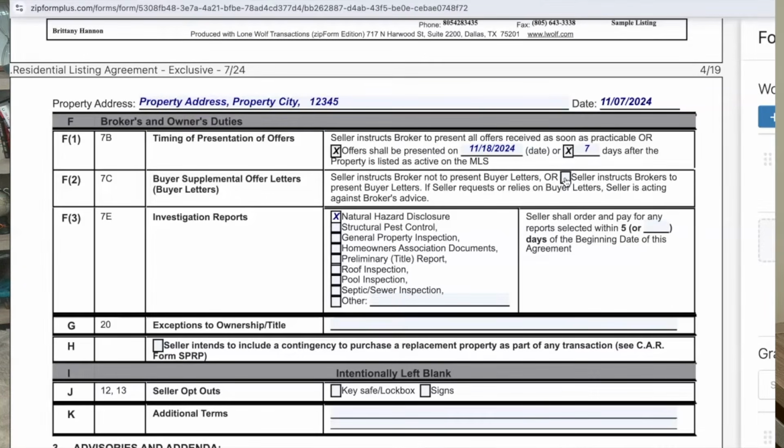Investigation report. So this natural hazard disclosure is automatically checked off. That's going to be ordered as soon as escrow's opened. But any of this other stuff, most of the time it happens through escrow. However, sometimes